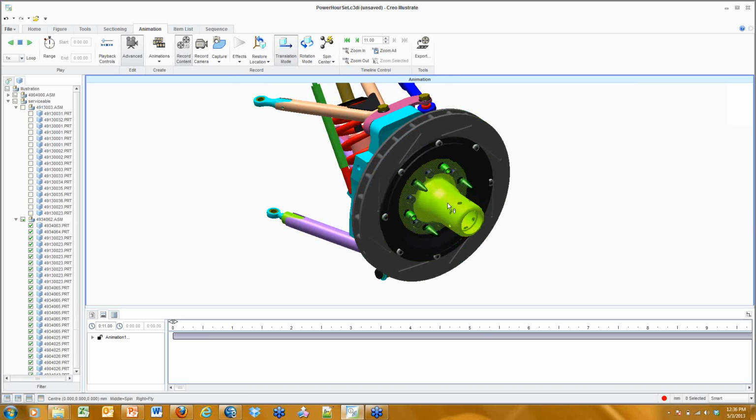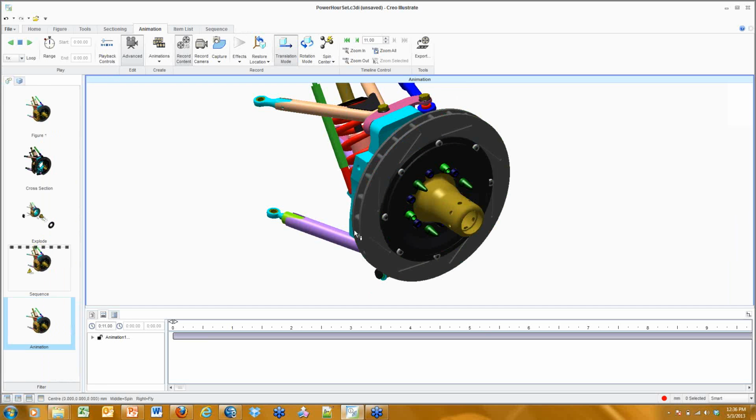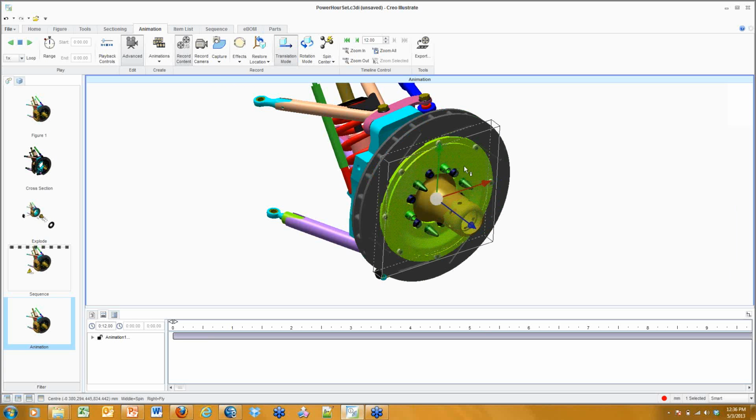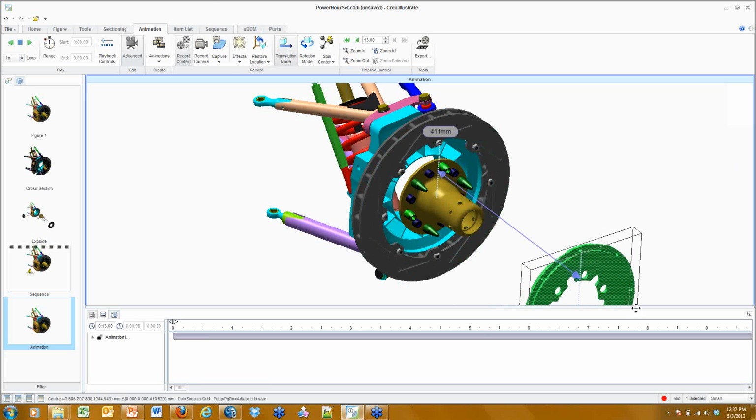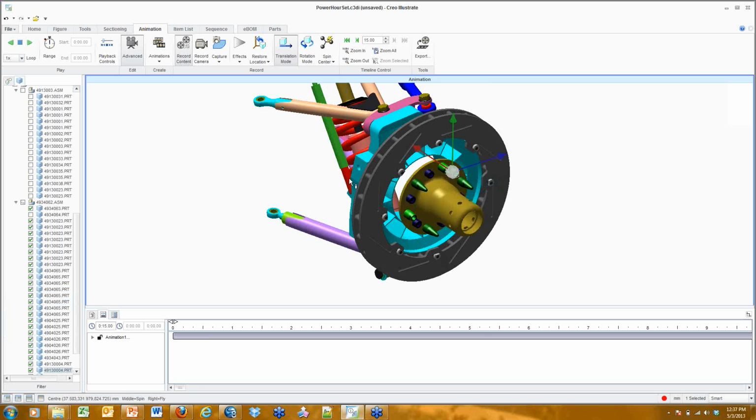Now what I want to do is say, okay, I want to get this hub out. Oops, that's not the whole hub. I want just the hub. I want to get this hub out. So we're going to ask it to shake and then say, okay, we need to remove this in order to get the hub out. So we'll go back to effects and ask it to pulse. We will drag this outward and then ask it to go away,